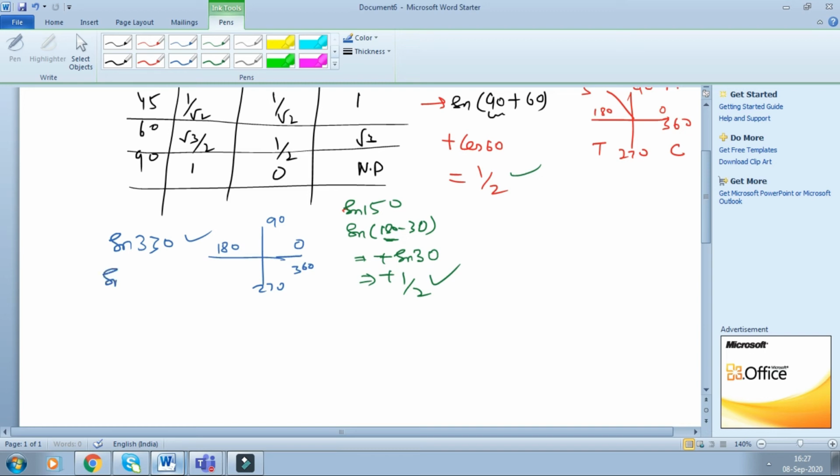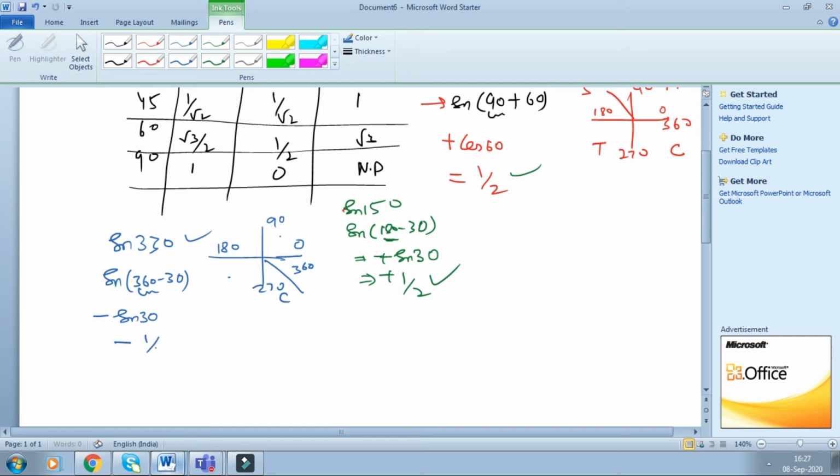Then definitely we can break it like 360 minus 30. So 360 minus 30, it falls in the fourth quadrant. In 360, first of all we have to see whether we have to change. No, we don't have to change. Now we have to take care about the sign: after school to college. So cos is positive, but since it is sine, its result must be negative, and sine 30 is what?